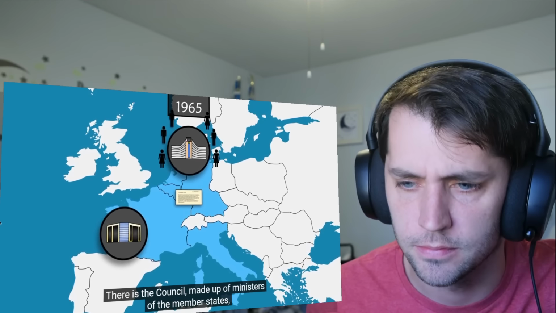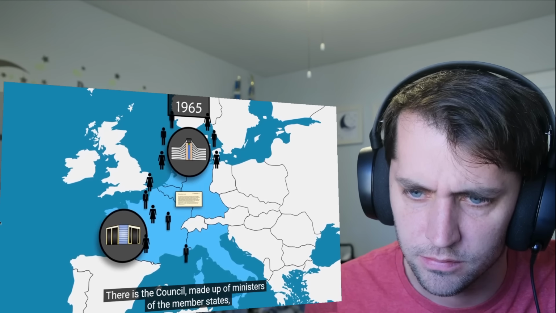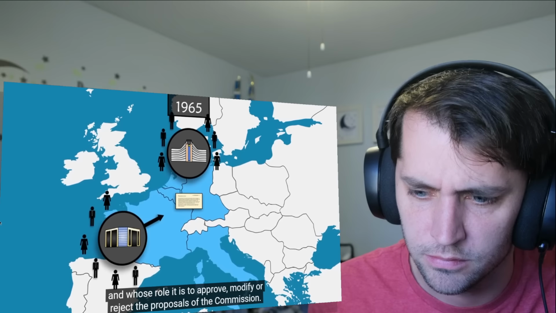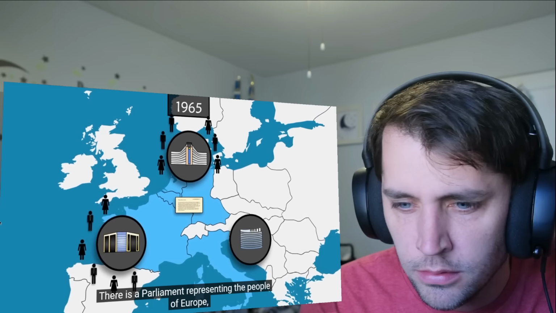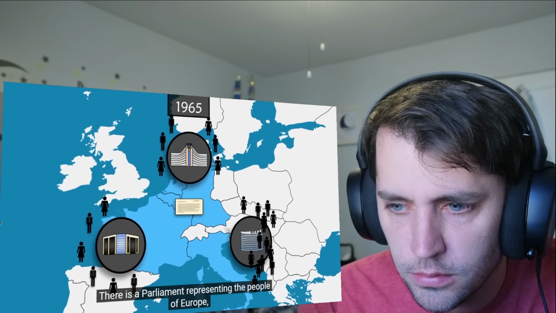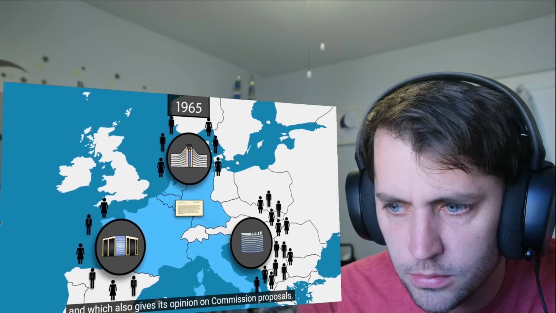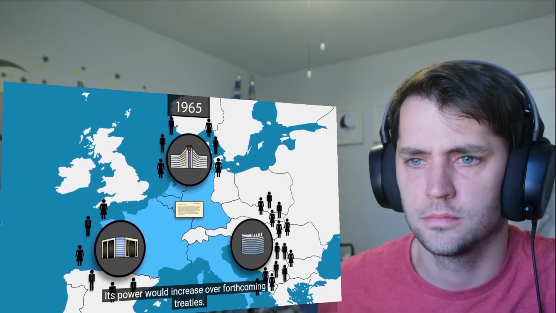There is the Council, made up of ministers of the member states, and whose role it is to approve, modify, or reject the proposals of the Commission. There is the Parliament, representing the people of Europe, and which also gives its opinion on Commission proposals. Its power would increase over